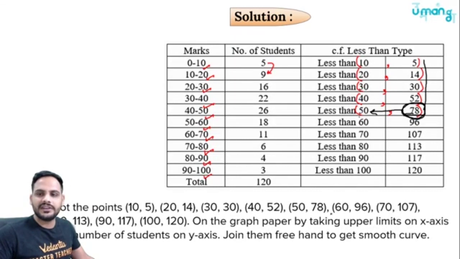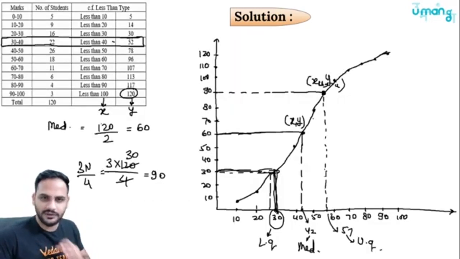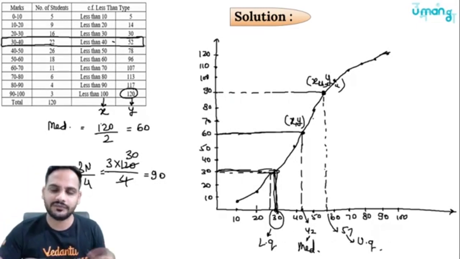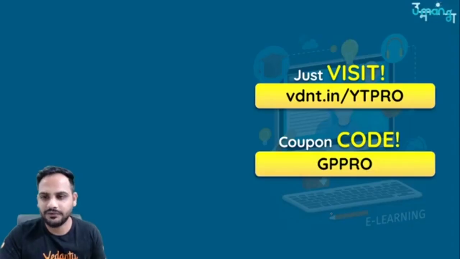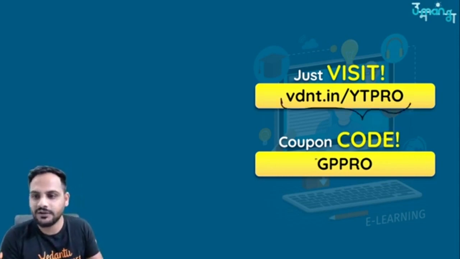Okay, beta? So these are some basic questions. Practice these kinds of questions more, and trust me, you will not lose marks over these questions. At least if you practice one or two questions from this part, you will never lose any marks from this part. Okay? So it is a very easy topic.